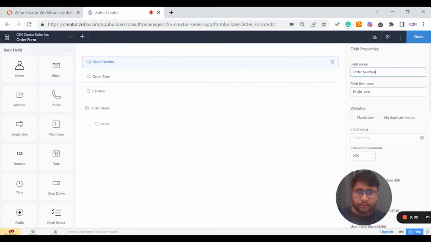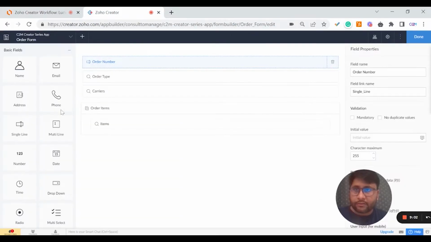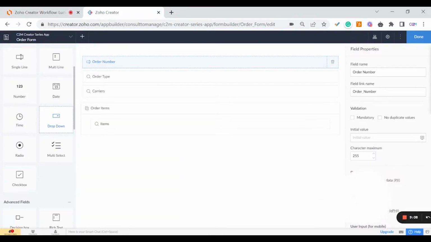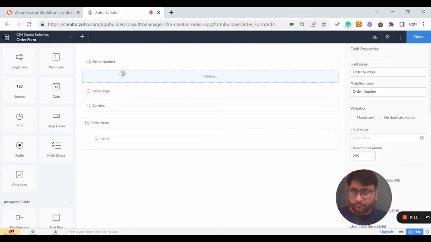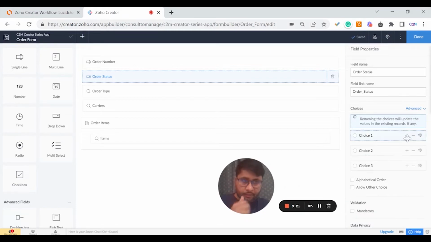Order number. Then we will have the order status, which will be a drop down, and this field would be the key here. I will explain why it would be key, because it will be